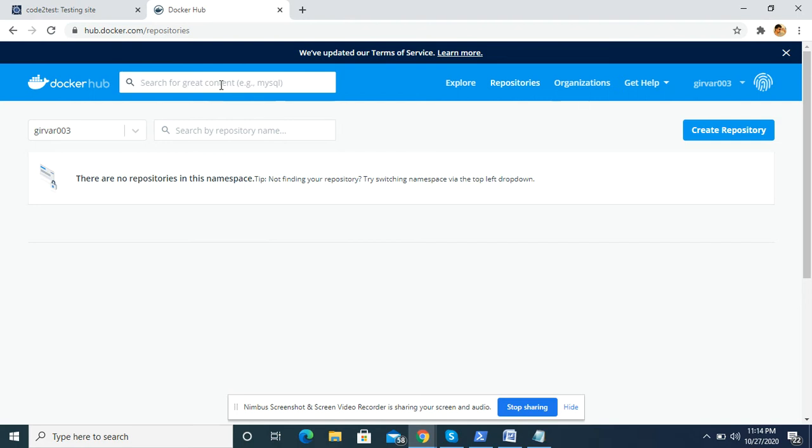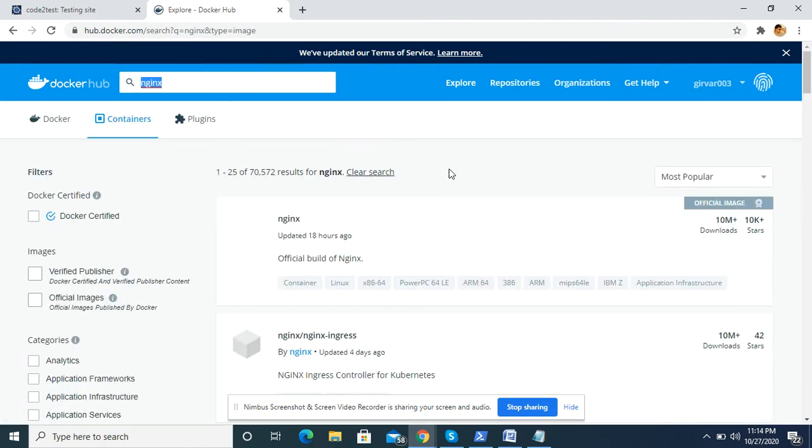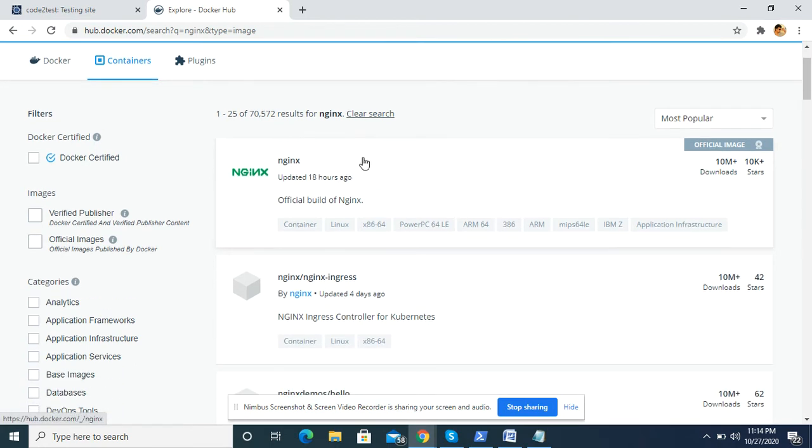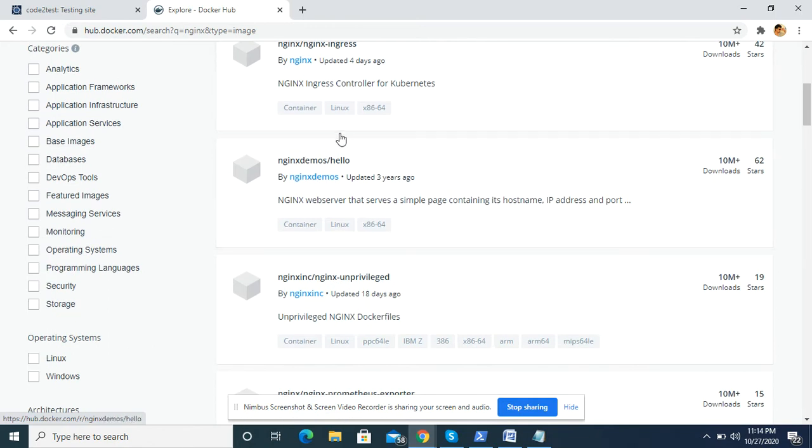So let's start understanding with the Nginx image. Just search Nginx over here in the search bar and click enter. So you can see that there are a lot of images with Nginx. Okay, so these all are Nginx images.